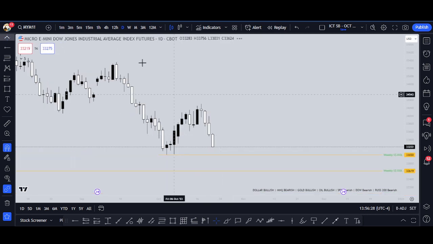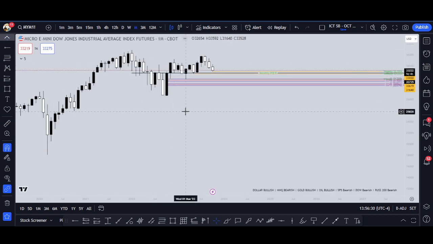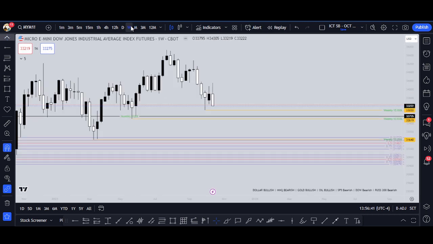Let's take a look at the Dow monthly. All right, we're in between this high, this low, which gives us a monthly equilibrium of 33,222. All right, let's take a look at the weekly. All right, last week closed below the previous week's low. All right, real simple, bearish. I have these draws on liquidity set here, as well as these FEGs, depending upon how much volume we get pumped into the market.